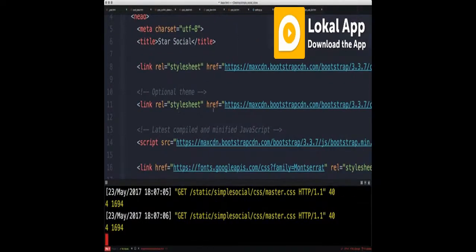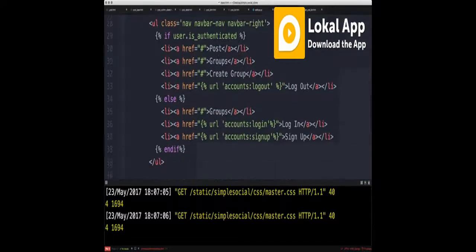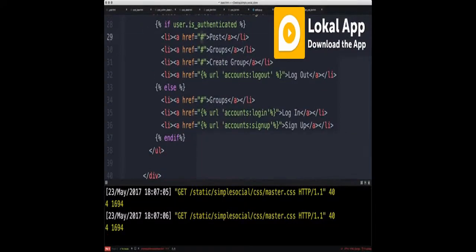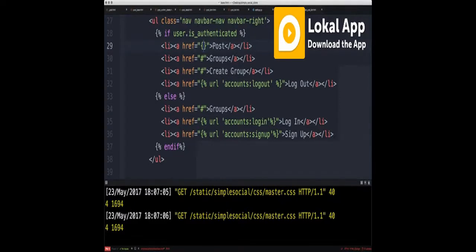And let me collapse my directory tree. So in base.html, where the navigation bar is, remember I have all these kind of missing links. So let's add those in. First, the URL for post is just going to be url posts create. And then for groups, it's going to be, let's put the template tag here, url groups all. And then for create groups, it's going to be